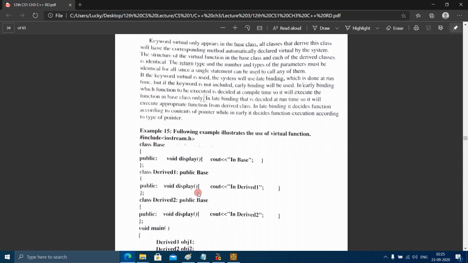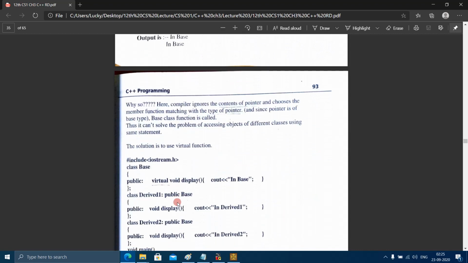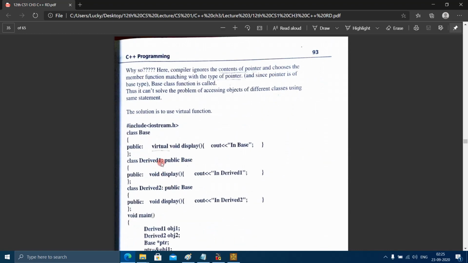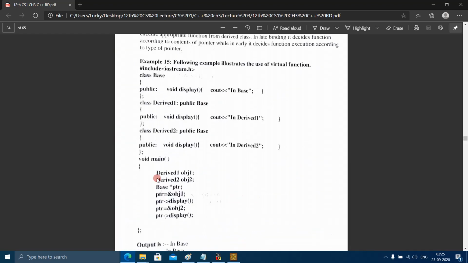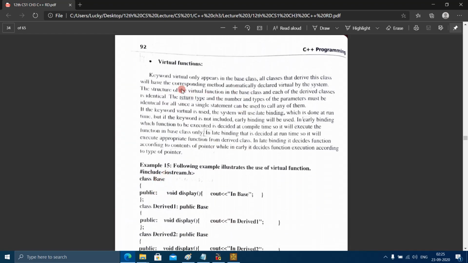So what it is saying is, when derived 1 is inheriting the base class in this program, the function which is used with the virtual keyword will be inherited as virtual in derived 1 automatically.